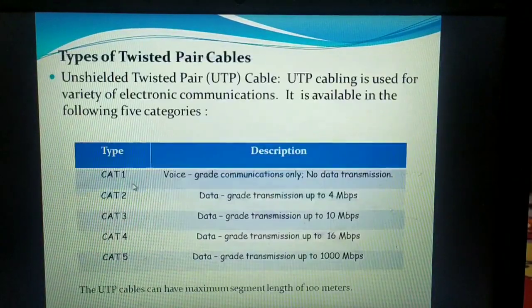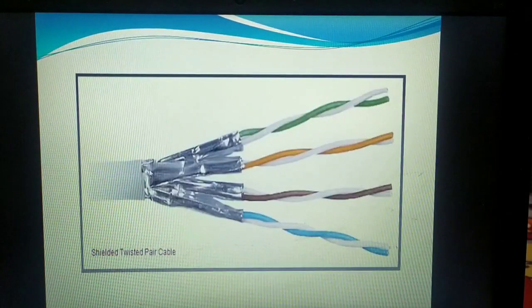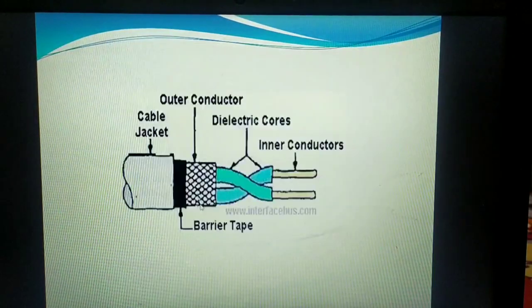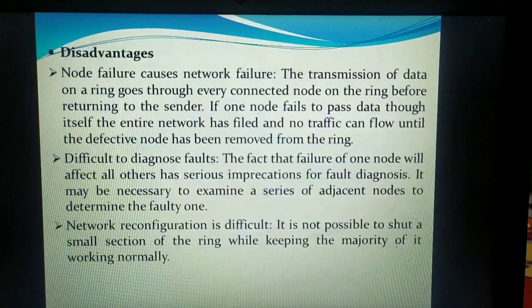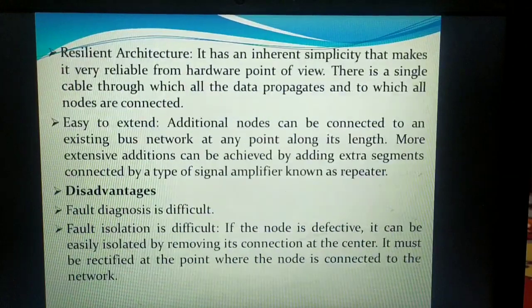This is the twisted pair which we use in our telephone cable, telephone wire. These are the twisted pair. Or at your home appliances also, these kinds of twisted pair are used. So these are the three different kinds of cables that we use in our network. Okay, so we were discussing the advantages of the ring topology, right?